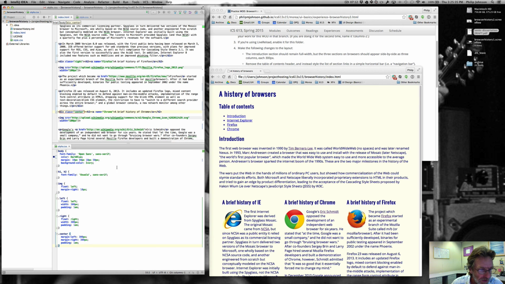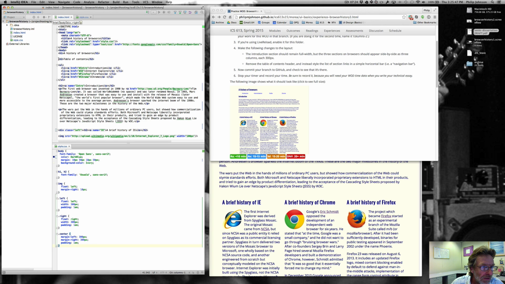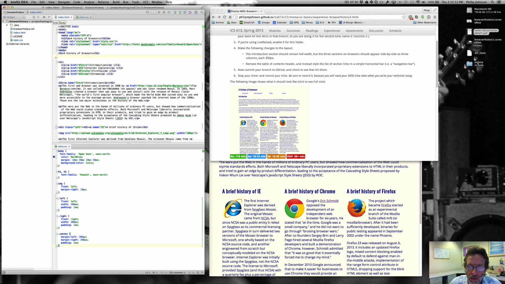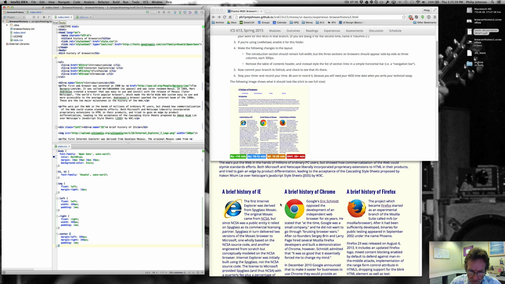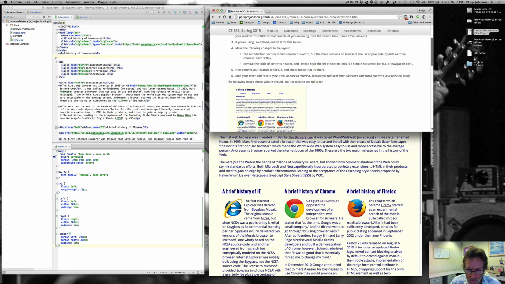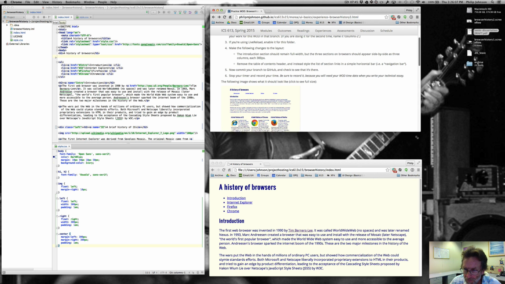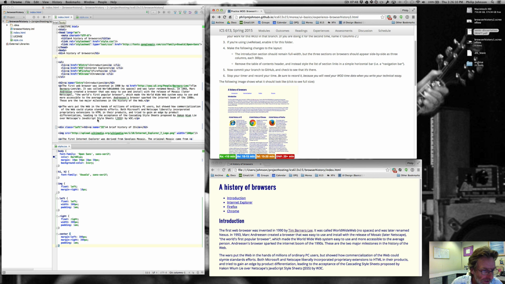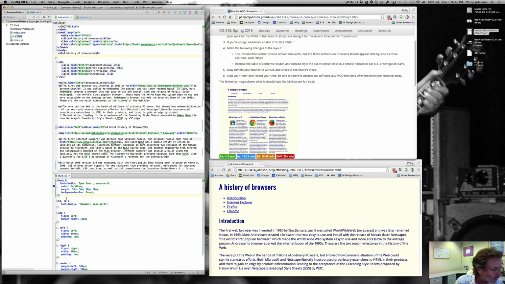The next thing that we want to do is to remove the table of contents header and instead style the section links in a simple horizontal bar. Okay, so to do that, we get rid of table of contents. Oops, let me just move this guy down, because we're just going to be looking at this top part now. And then the next thing we want to do